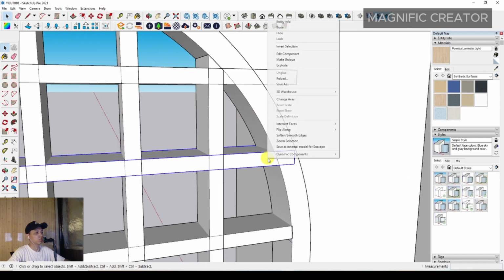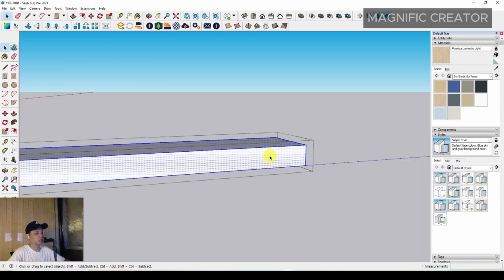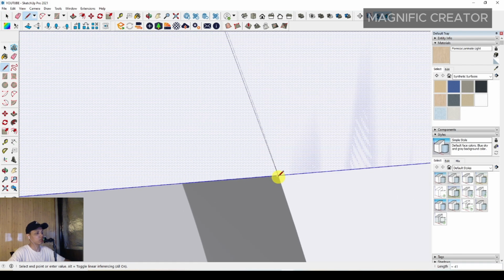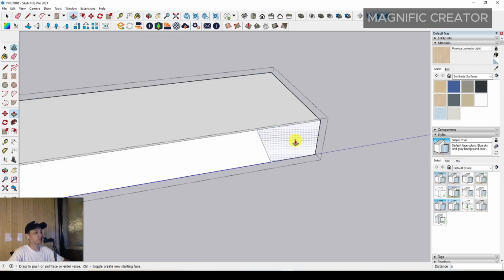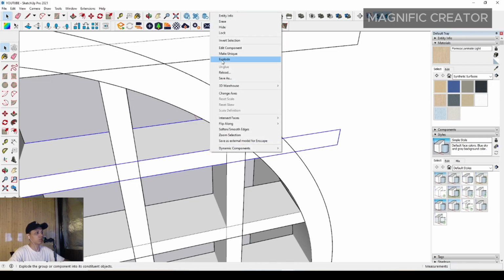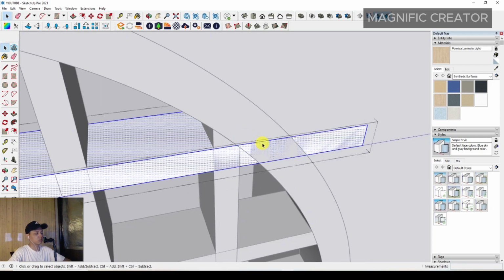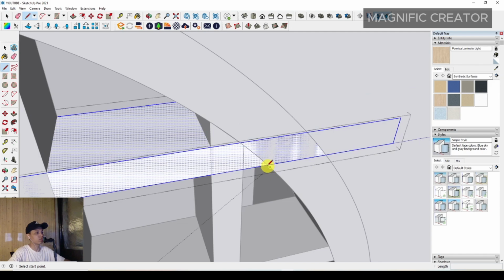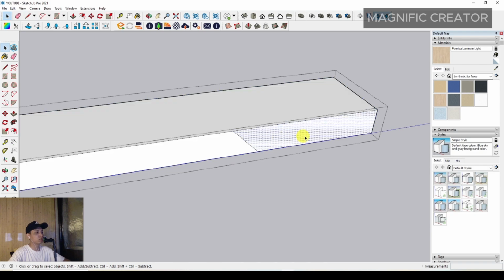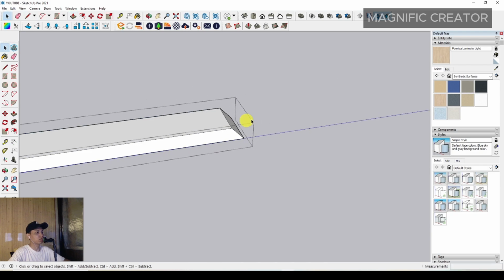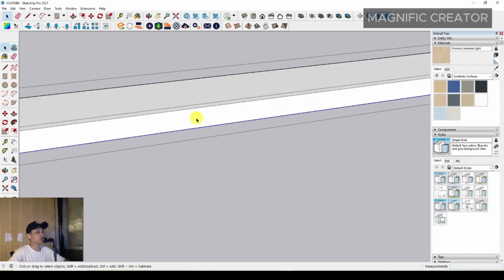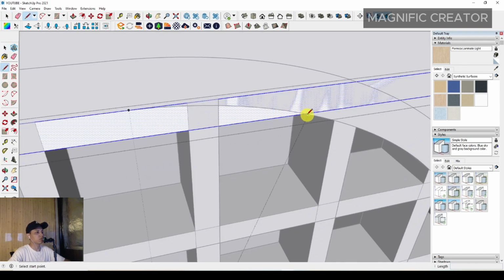Then we can make it unique and just make a line, and then we have to push it to the back anyway, and then make it unique, and then we have to push it to the back. Okay, we can make it unique, and then we can adjust it again manually,